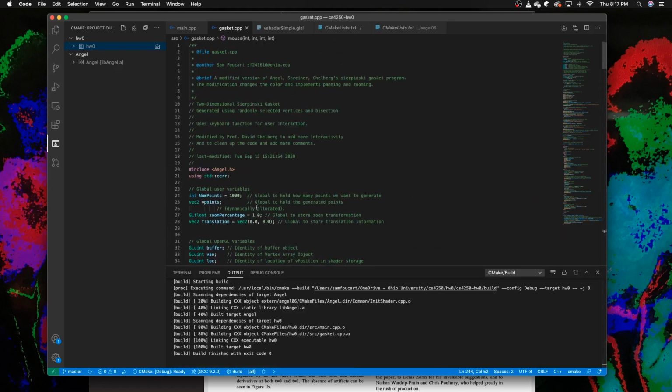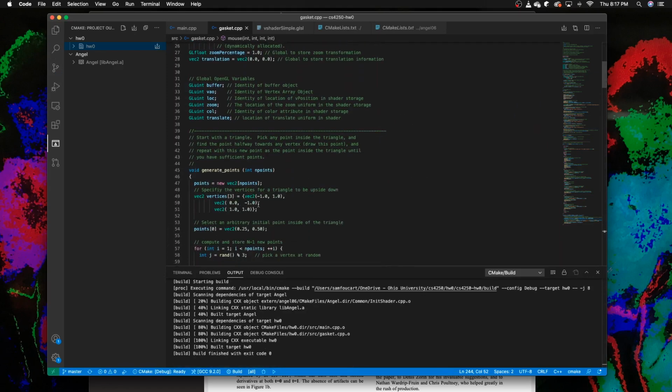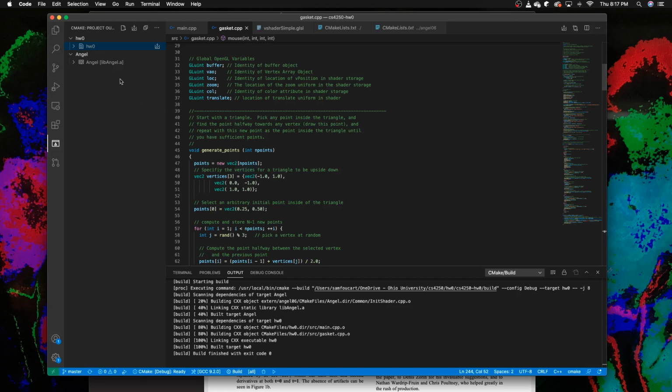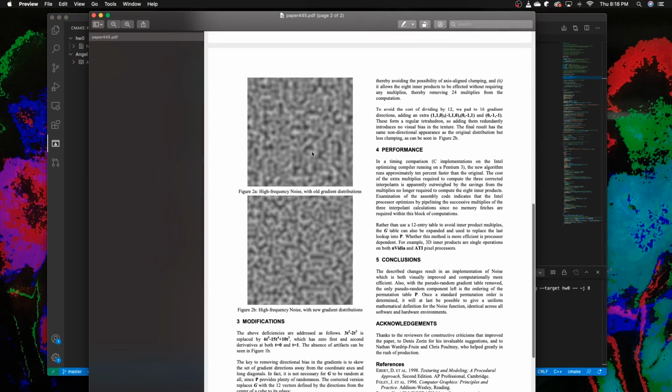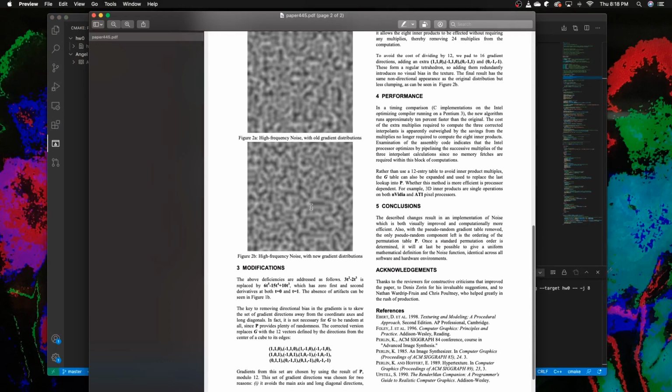So my initial thought for this project wasn't actually just to flip the triangle over. I was actually going to do a lot more and try and make this a recursive square thing. But then I had issues with that, and I kind of just made like a noise pattern. And then that gave me the idea to implement Perlin noise, and that did not go well either. So I just went with